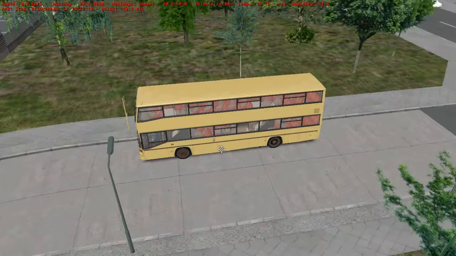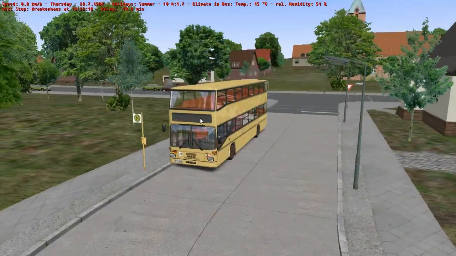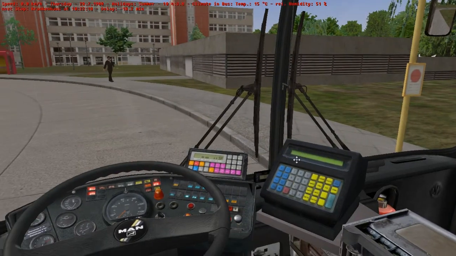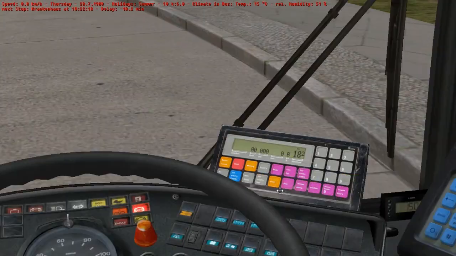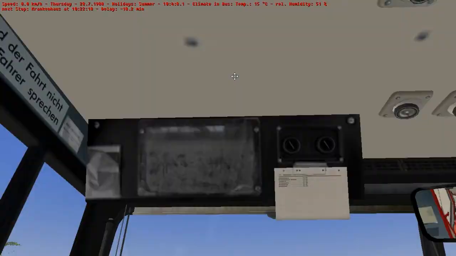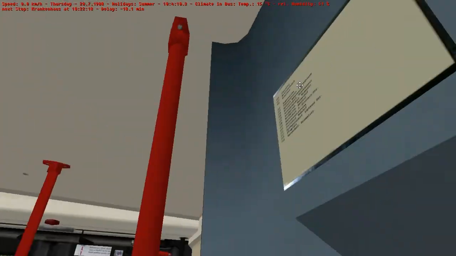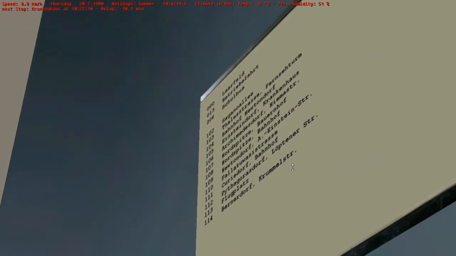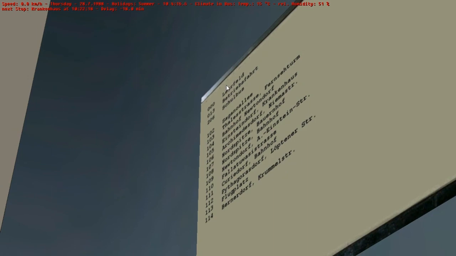What we want to do now is make our display at the front work. And we do that using the IBIS computer, which is this lovely little device down here. If we look behind us, there's a list of instructions for the computer. Well, what these are is a list of destinations anyway. So we're going to Bahnhof, Newtendorf. Yeah, let's go with that. So that's